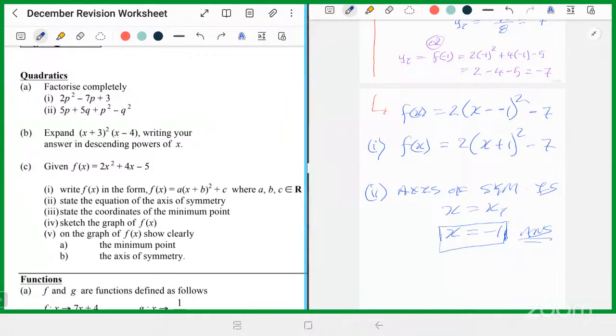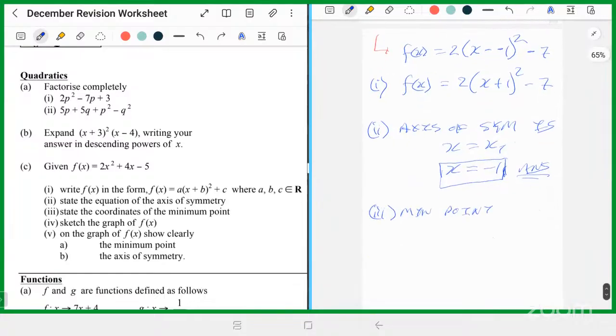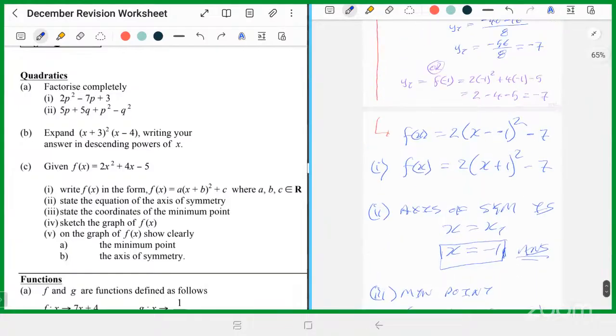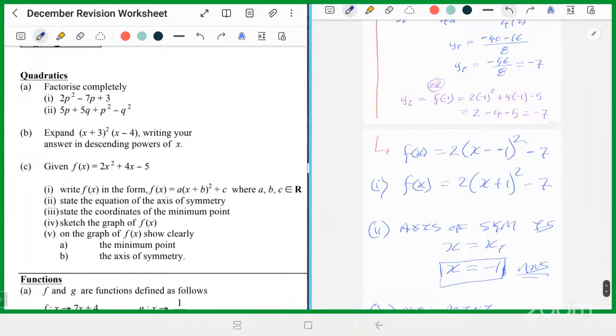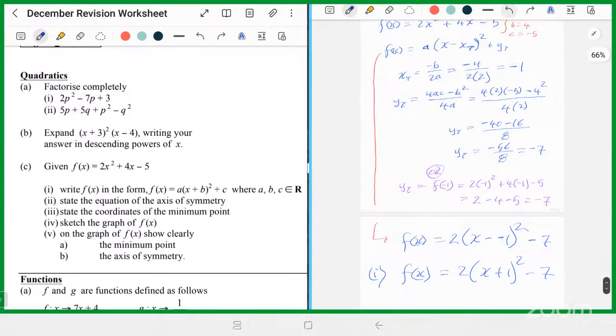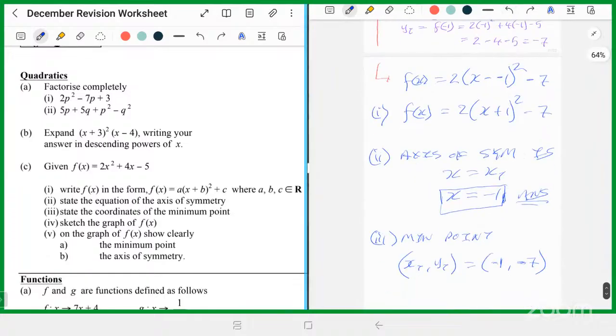Then it says state the coordinates of the minimum point. The minimum point is xt, yt, part 3. Minimum point is xt, yt, which is -1, -7. That's where that minimum turning point is. -1, -7. The yt value is -7 and xt value is -1, right? This part says we have to sketch a graph and we have to show the minimum point and the